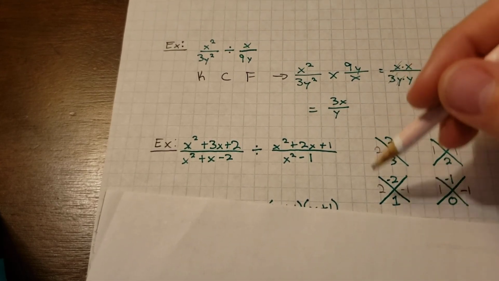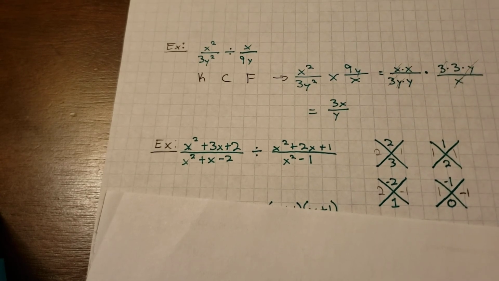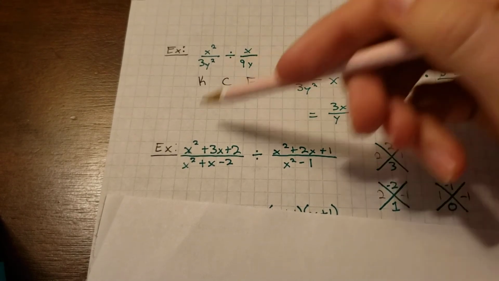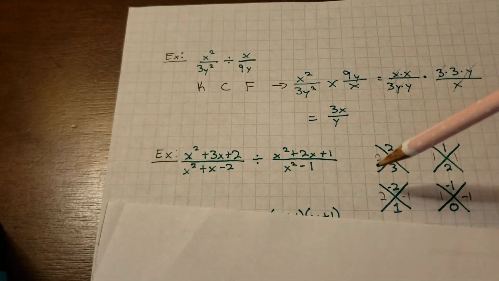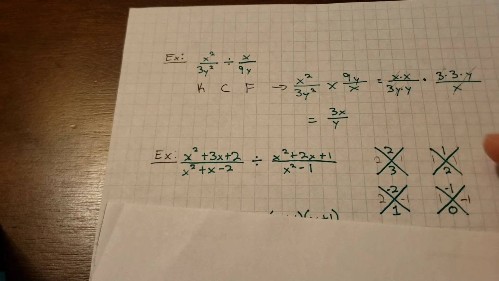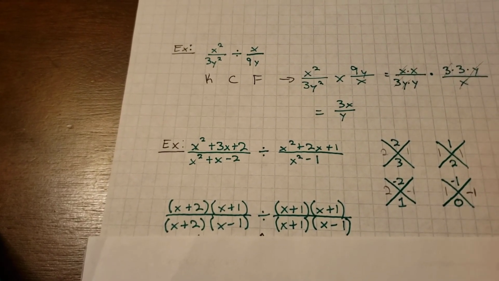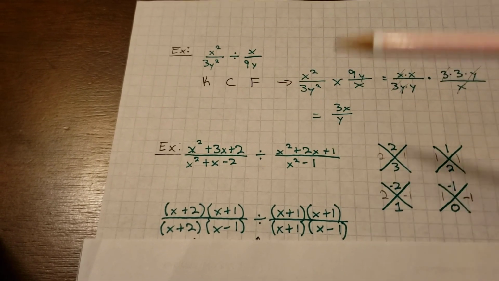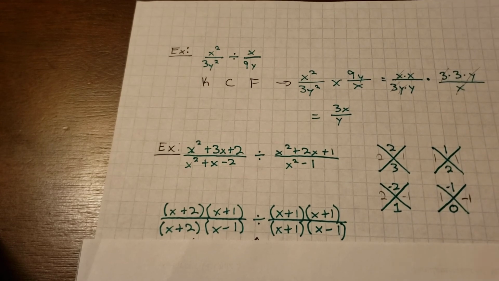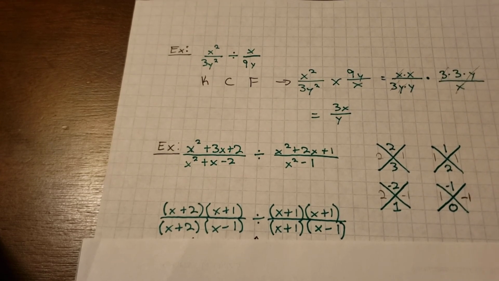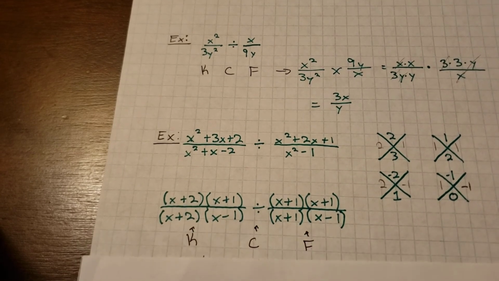Now, they won't always be this easy. Sometimes you will have to do quadratic formula or something like that. But because all of my a coefficients are +1, these are now my factors. So I've written it out here. Now, I haven't done keep, change, flip yet. I'm just keeping it in order, taking as much time as I need in order to clarify. But then I will keep, change, and flip,